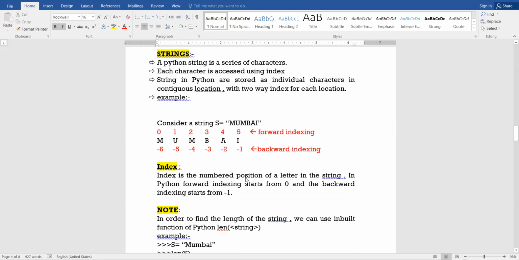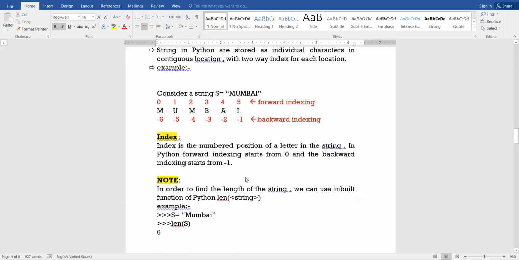Now actually, what is the meaning of index? Beta, index refers to the numbered position of each letter of the string.